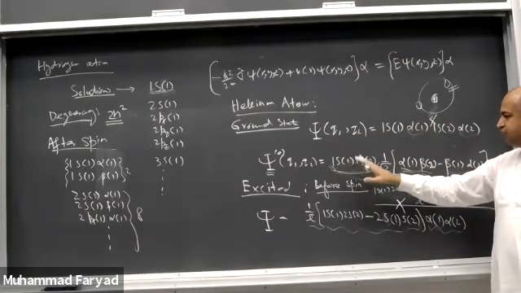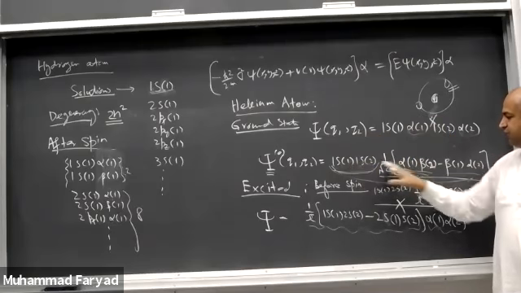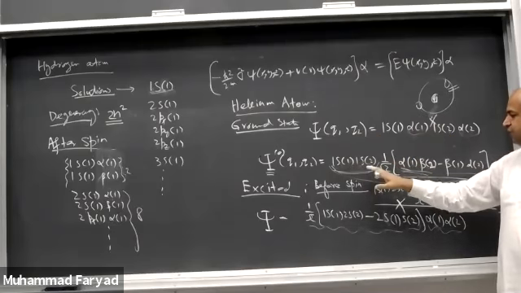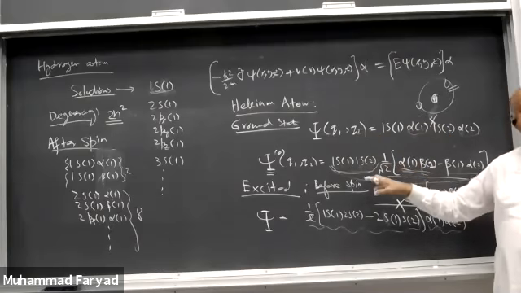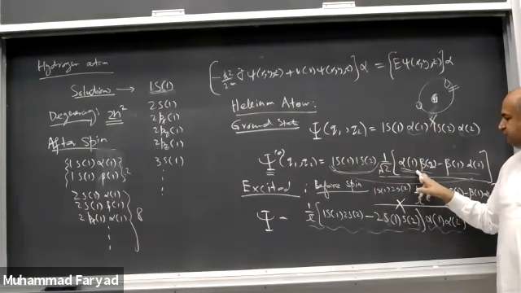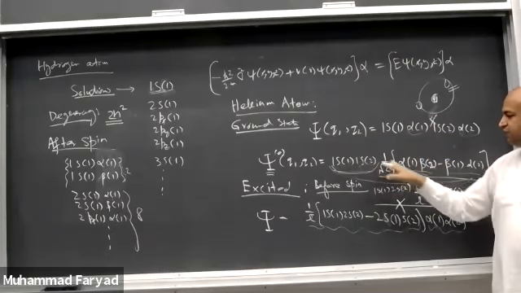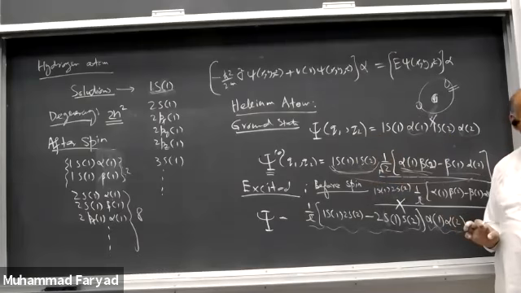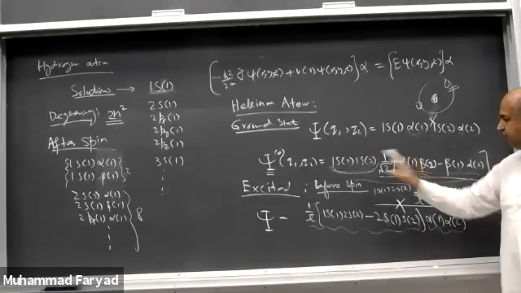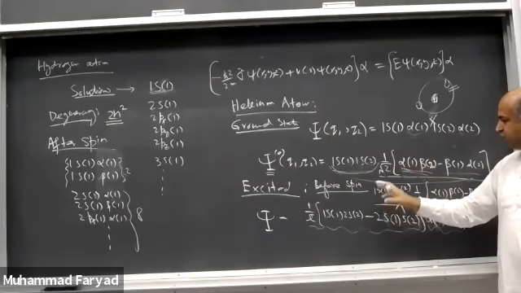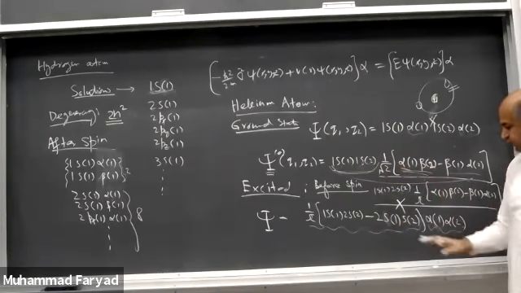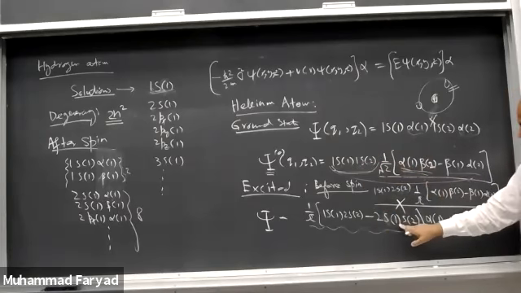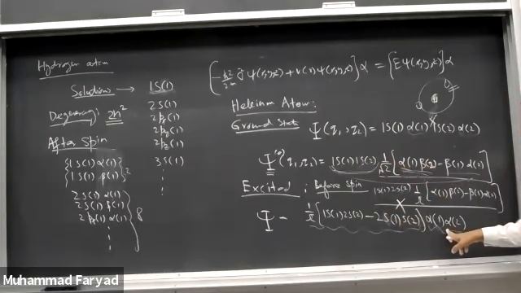But if you are able to write your wave function as a product of spin and spatial part, then one of them has to be antisymmetric and the other has to be symmetric. अगर दोनों antisymmetric लिखेंगे तो फिर भी वो लेजिटिमेट वेव फंक्शन नहीं होगा इलेक्ट्रॉन के लिए, क्योंकि वो जब इंटरचेंज करेंगे तो माइनस माइनस से प्लस हो जाएगा। So one symmetric, other antisymmetric. और ये important नहीं है कि स्पेशल सिमेट्रिक है या स्पिन सिमेट्रिक है। अब ये जो एक्साइटेड स्टेट है ये एंटी सिमेट्रिक है स्पेशल पार्ट, और ये सिमेट्रिक है।